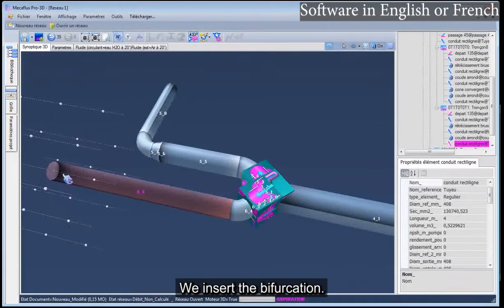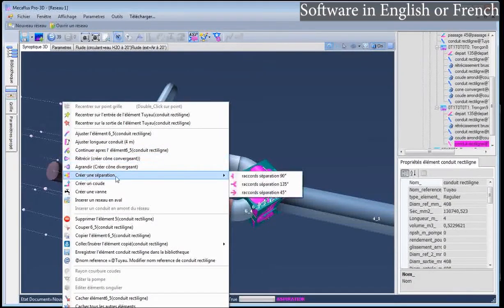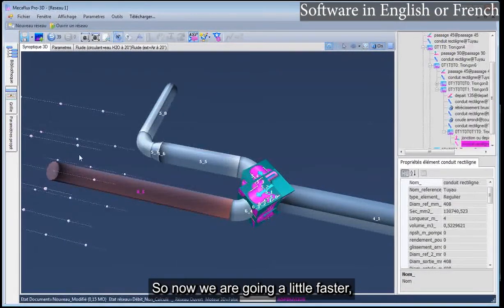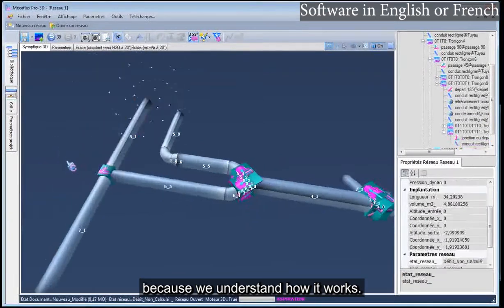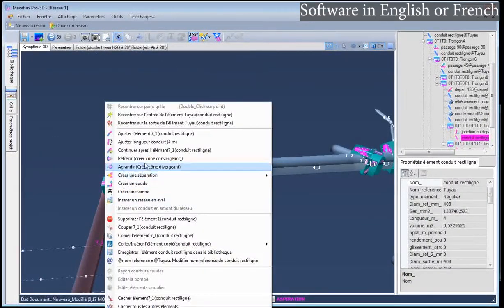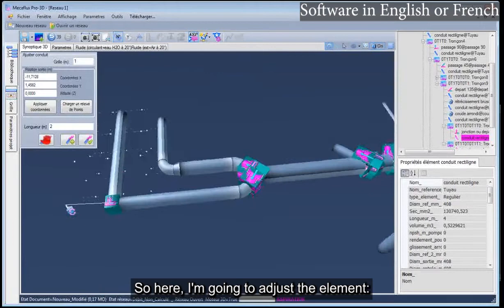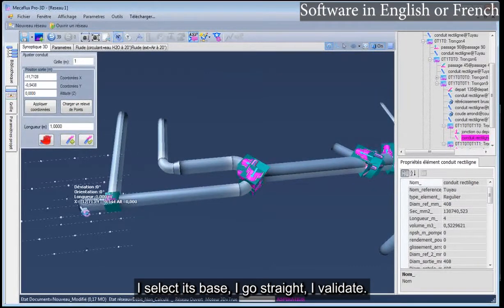We insert the bifurcation. So now we are going a little faster, because we understand how it works. So here, I'm going to adjust the element. I select its base, I go straight, I validate.